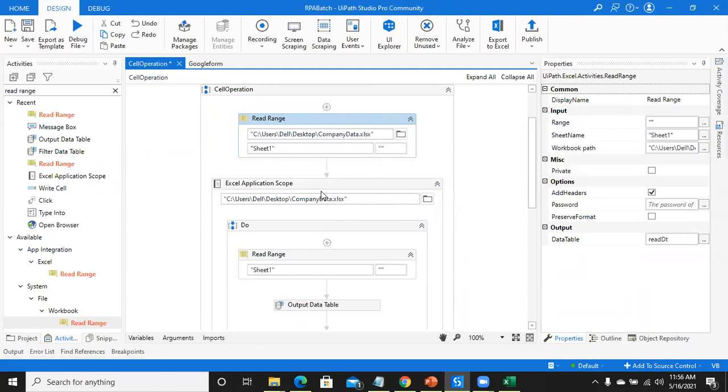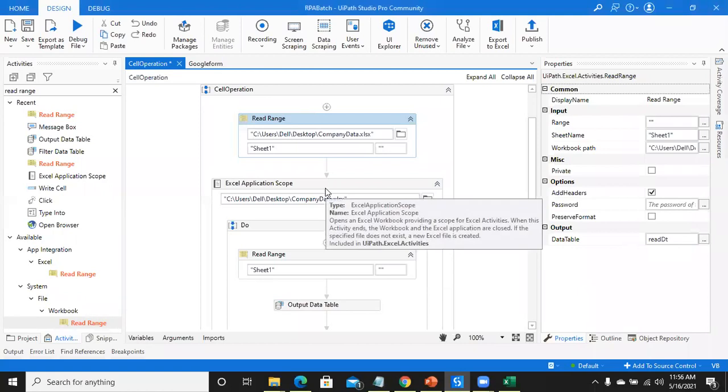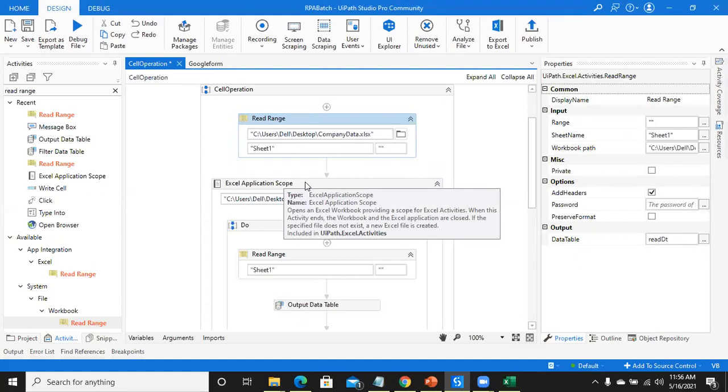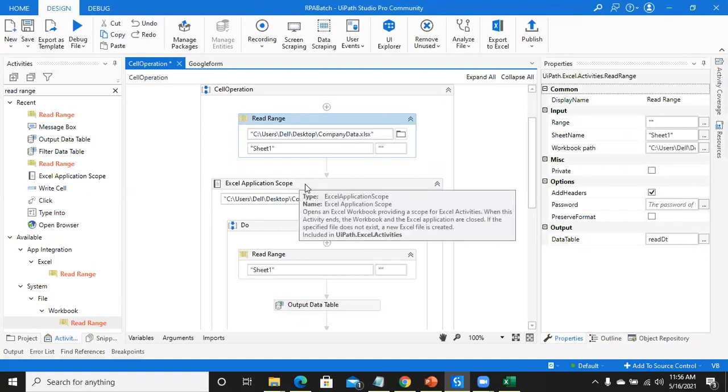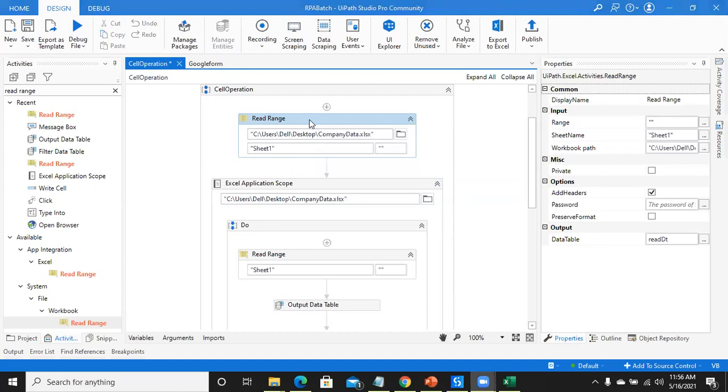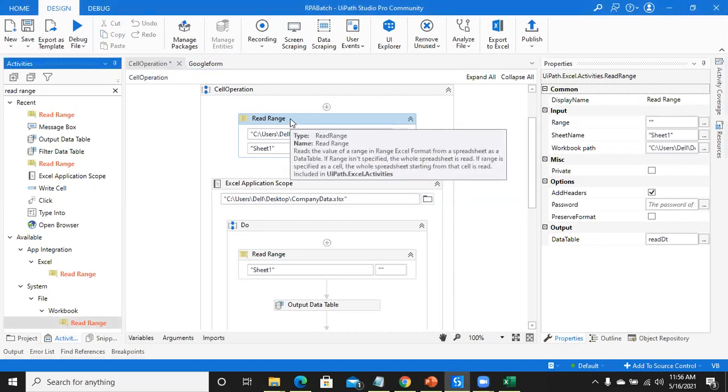There are some differences between Excel application scope and workbook activities. For the time being, you can use Excel application scope because all activities are supported by it, but some of the activities are not supported by this workbook type read range.